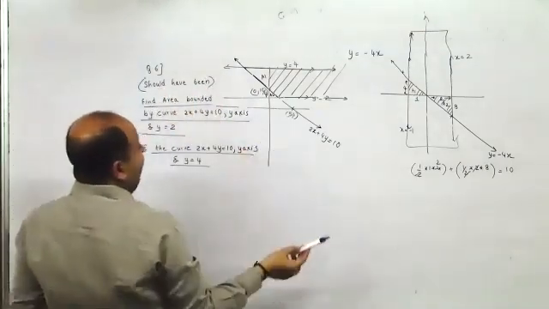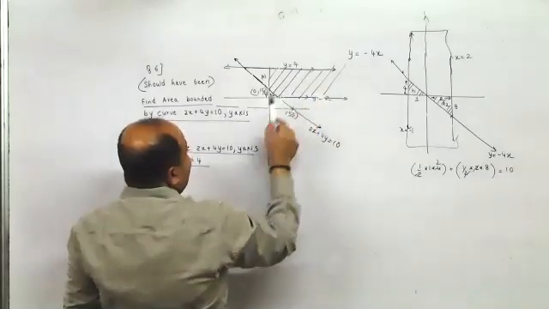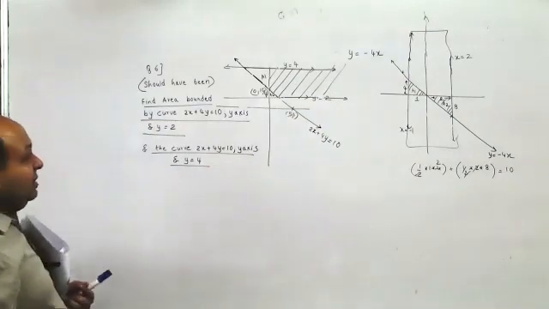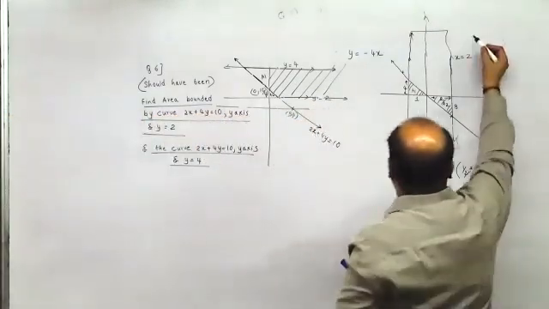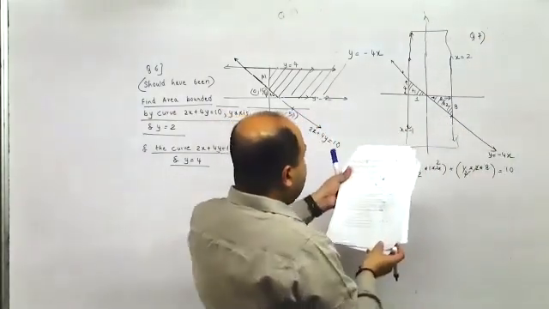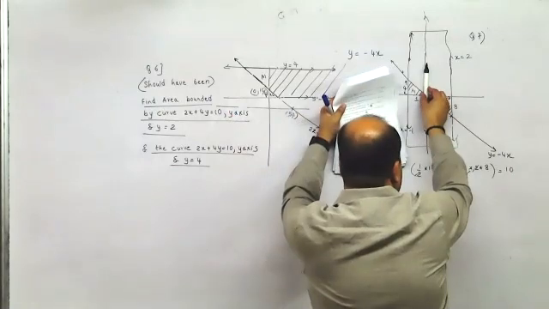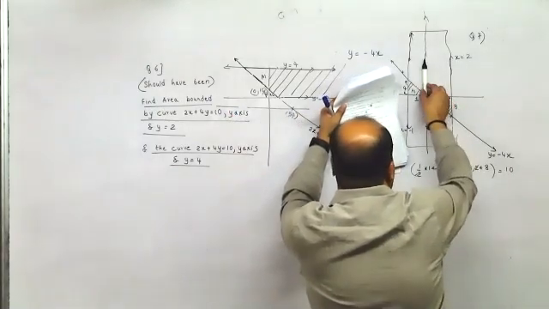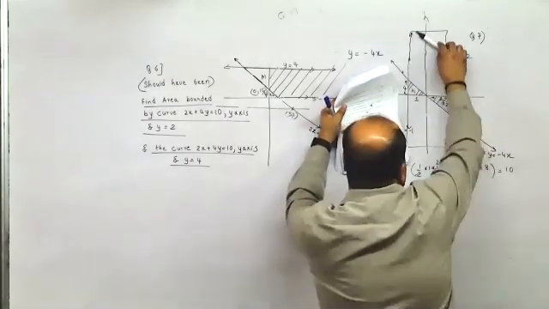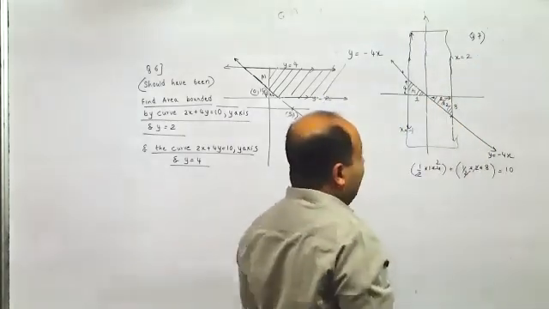But they have said, find the area between this line, and these two lines. In that case, the question would be wrong. Followed? So therefore, question 6 should have been this. Similarly, when I consider question number 7, I made one mistake here. The question is, find the area bound by the line y equal to minus 4x, the y-axis, and the lines this and this. It would have been either this particular area or this particular area if they don't mention which quadrant it is. It would have been wrong.